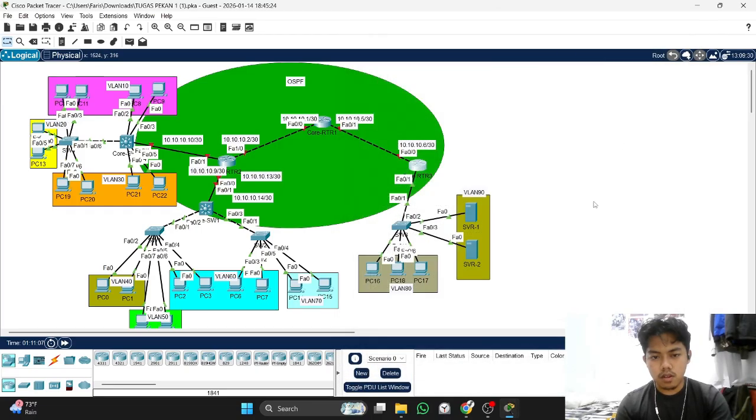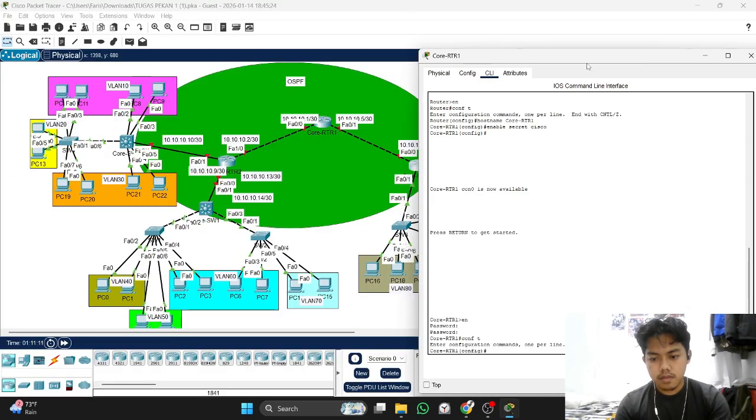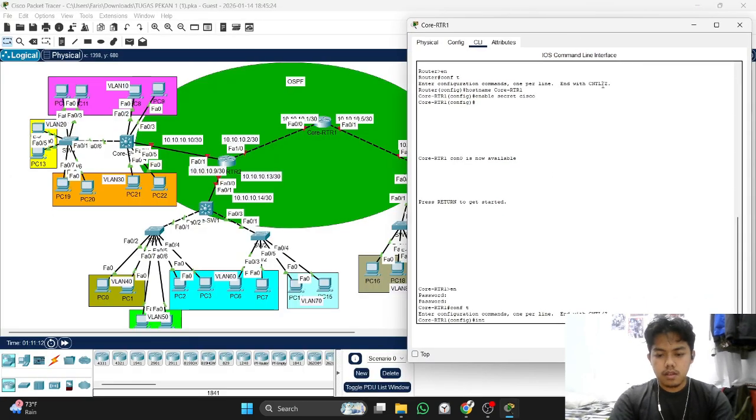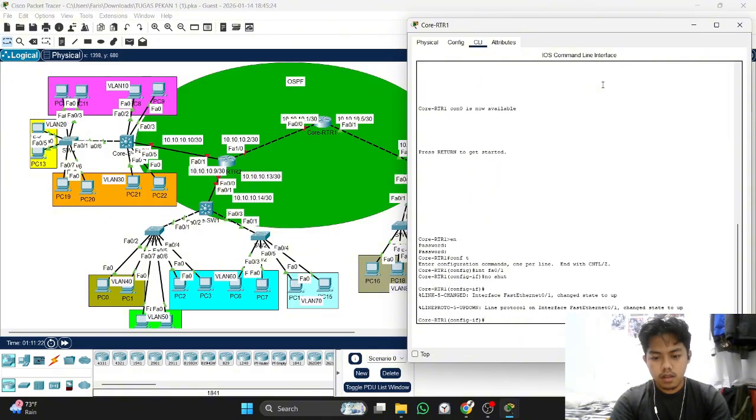Okay, we go back to router one. Interface FA1, and after that configure the IP address 10.10.10.5 and the subnet. Don't forget.